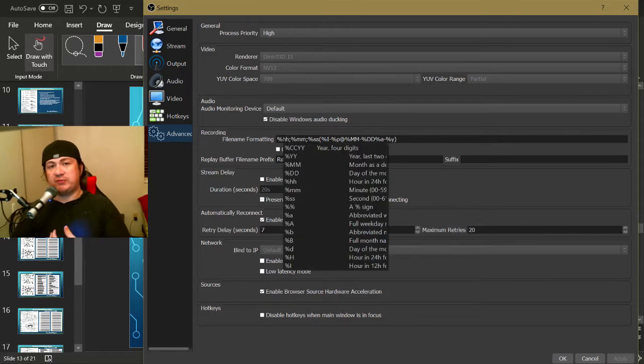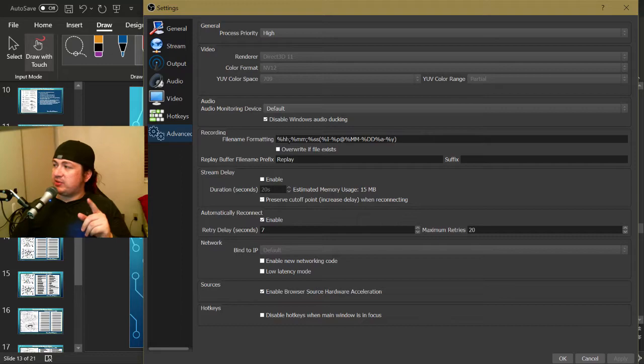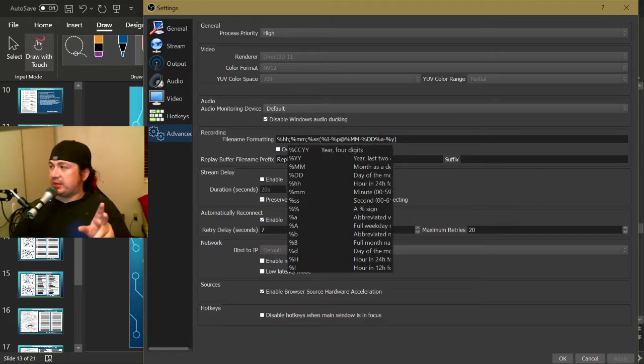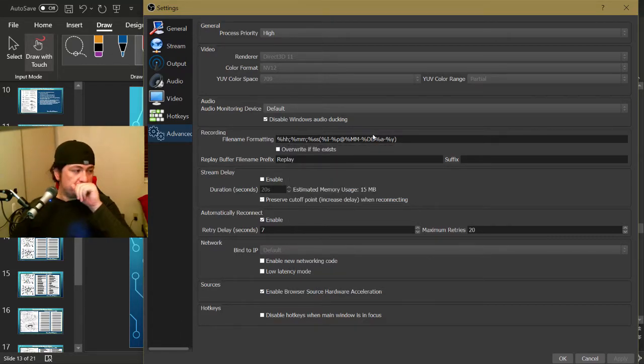you can actually have a file naming format, which, when it saves a video recording like I'm doing, is going to save it out with a certain name. Each name is going to be similar, but different because of how I have the file format. An example: it's going to save it by hour first, then minutes, then seconds, and then by the date. So if I had multiple recordings in one day, it's going to go, this recording was done at 9 o'clock in the morning, this recording is at 10 o'clock in the morning, this recording is at 11 o'clock